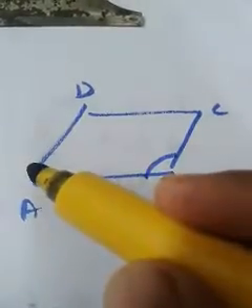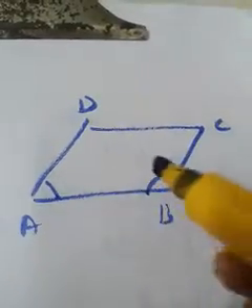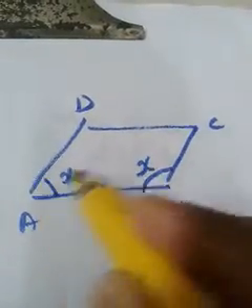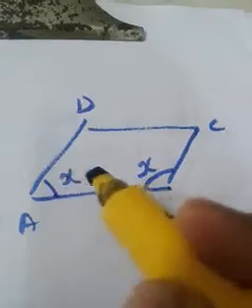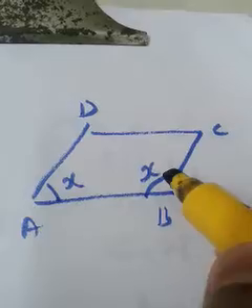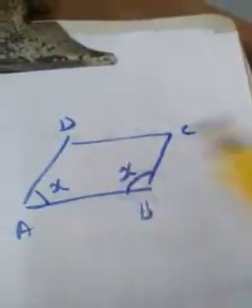In the previous question, the ratio was given, but here no ratios are given. Instead of that, they are saying that the measurements are equal. That means suppose if it is x, it also should be x. Why? Because adjacent angles are equal. Once again, let me repeat, adjacent angles are equal. That's why I have marked it as x and x. Okay. Then read the remaining portion. Find the measure of each of the angles of the parallelogram. That is the question. That means you are supposed to calculate each angle. How? Tell me. So what can we write? Given that.